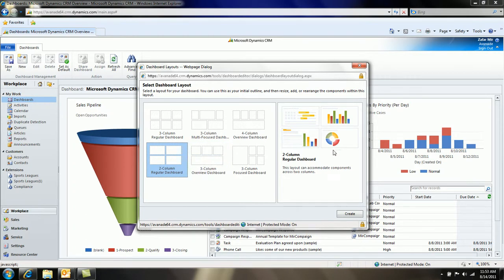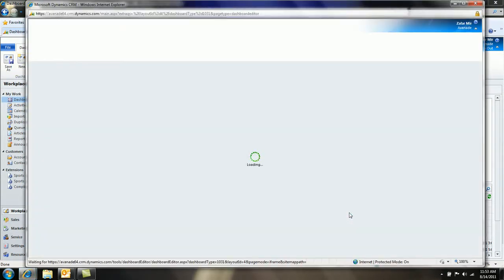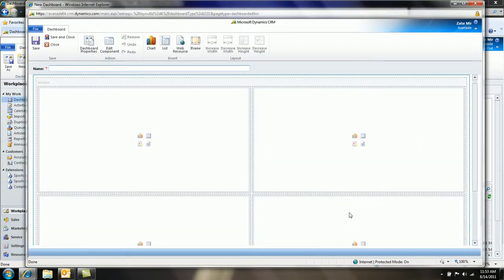You also have the option to select right from here, or you can change later on. That's up to you. So we're gonna select the 2 column regular dashboard. So that's a 2 column regular dashboard, and we're gonna click on create. So we can create the dashboard